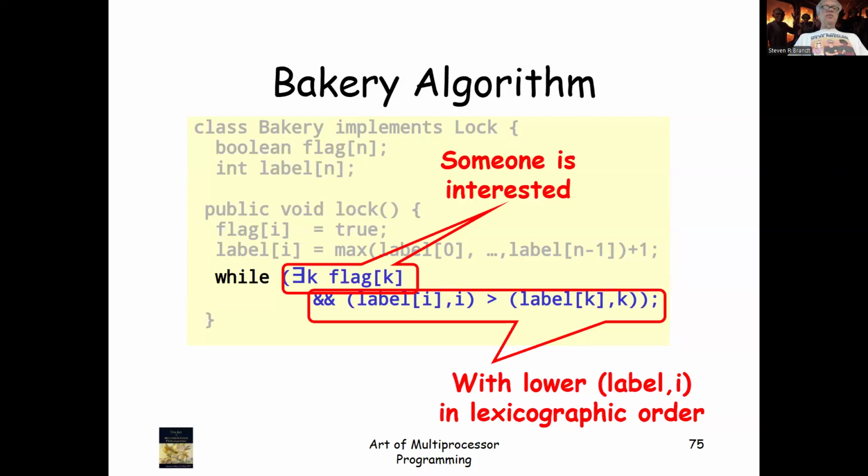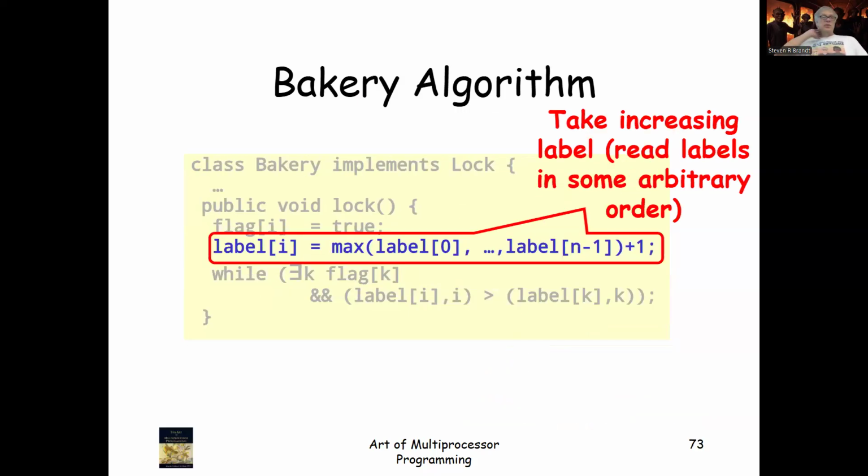Okay, and so the way we get our place in line is we need to get our ticket value, which is going to be found by going through the labels of all the other threads and then finding the maximum and adding 1 to it. Now, it's certainly true that two different threads could come up with the same value that way, depending on how things happened. So because of that, we use a tuple, a combination of that label, that number, and the thread ID. If that number is equal, then we use the thread ID to break the tie. Which means lower number threads actually get a slight priority, if you want to think about it that way.